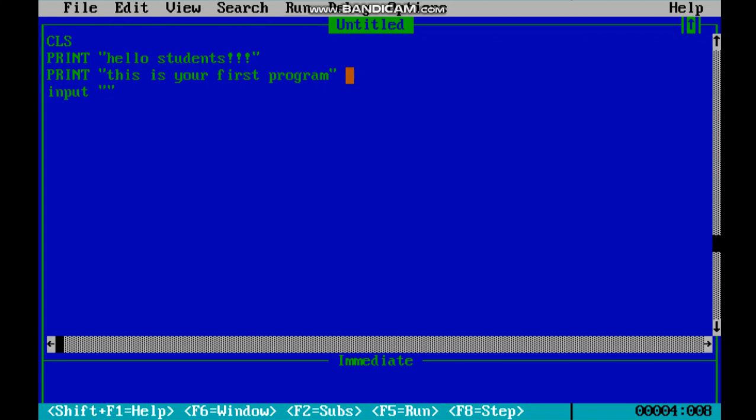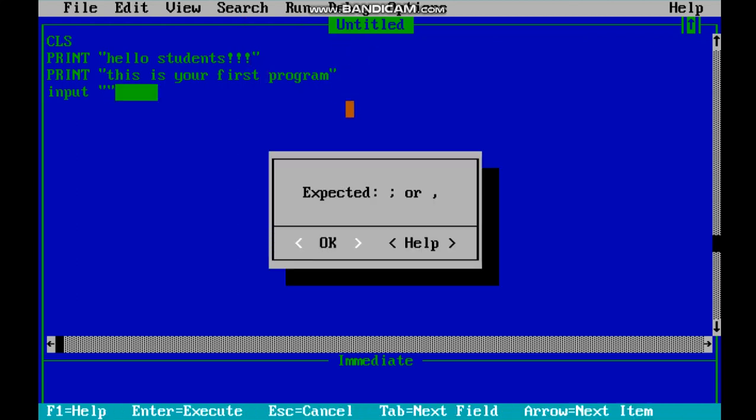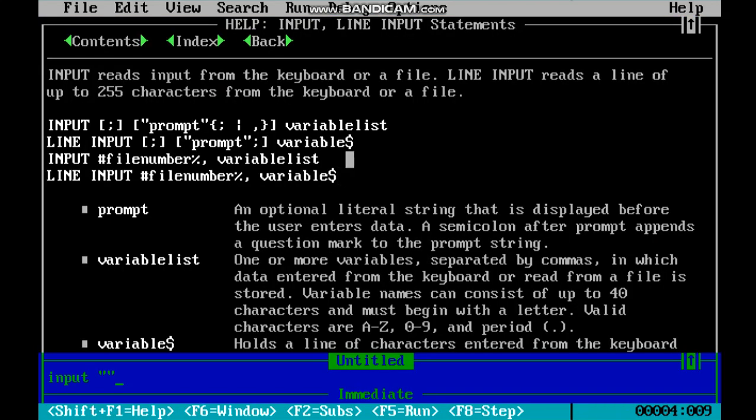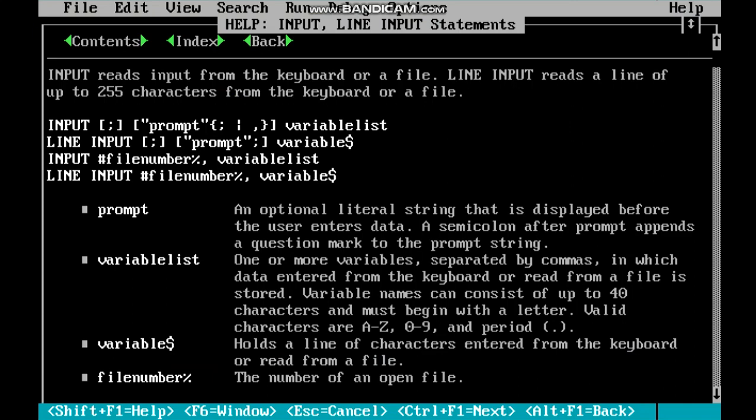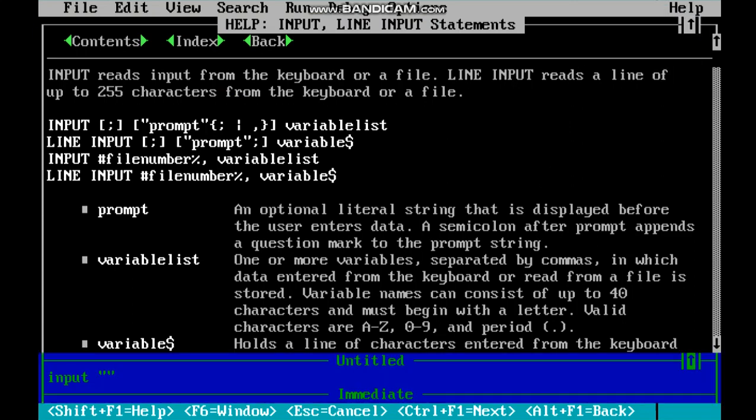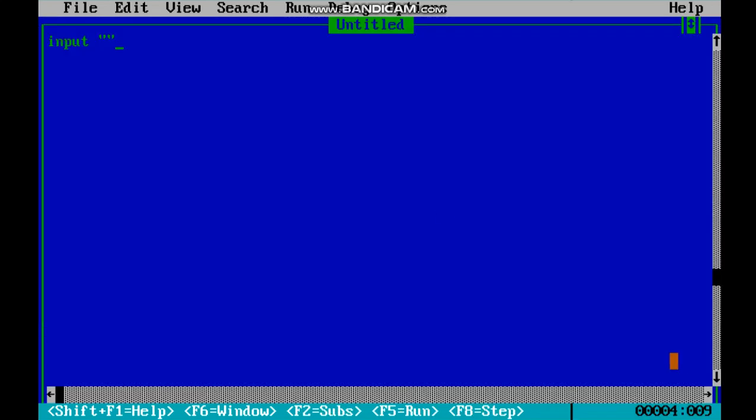So I am going to erase this. पहले मैं इनपुट लिख लेती हूँ यहाँ पर, enter